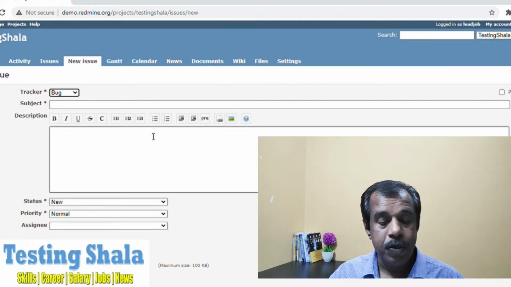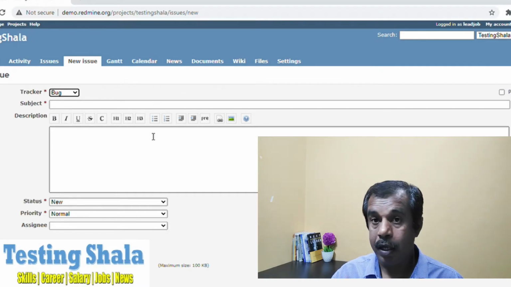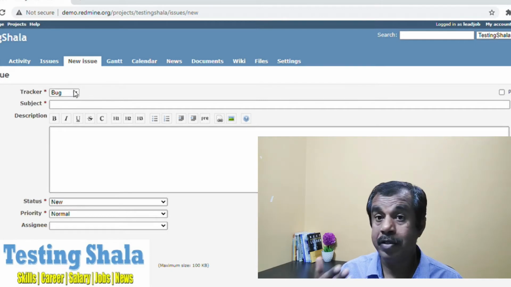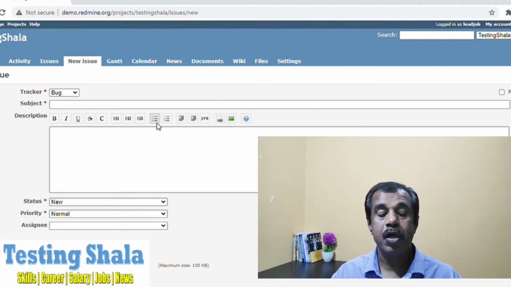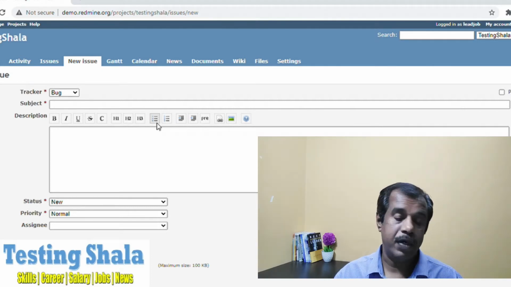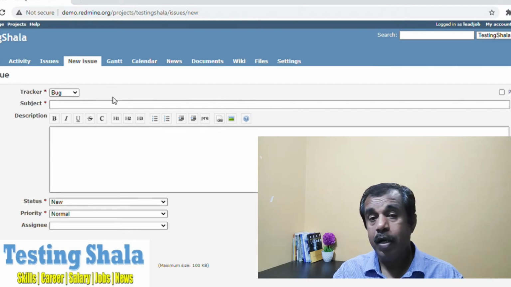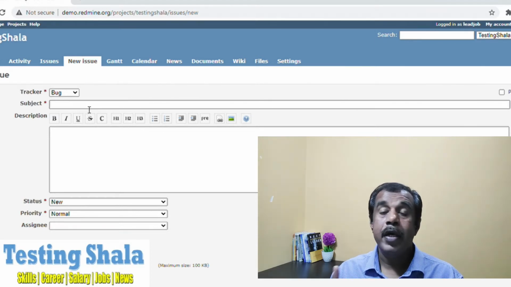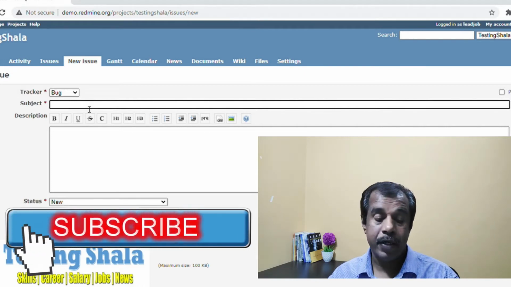So if you can see, you can log it as a bug, or you can log it as a change request feature, or you can log it as an incident, which is kind of a supporting issue. Now at least you will stick to logging a new defect. So here the bug title, which we call the subject, but normally in any defect tracking tool, it would be a bug title or a defect title.